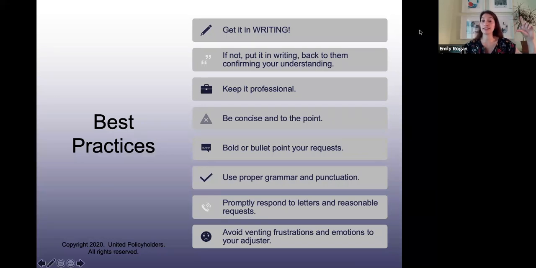thank you for this check. It is the first check in this amount. We look forward to cooperating through the claims process to get all of the benefits we're entitled to. So really just follow it up in writing, make sure there is that paper trail, and that leads perfectly into